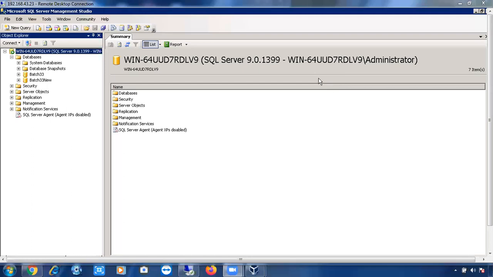Right. So now we'll see the service account. I have completed my installation. I just installed my SQL Server with the default service account. What are the default service accounts? Local system, local service, network service. In that, we can use only local system or network service. You cannot use local service as it is a very low priority service account.